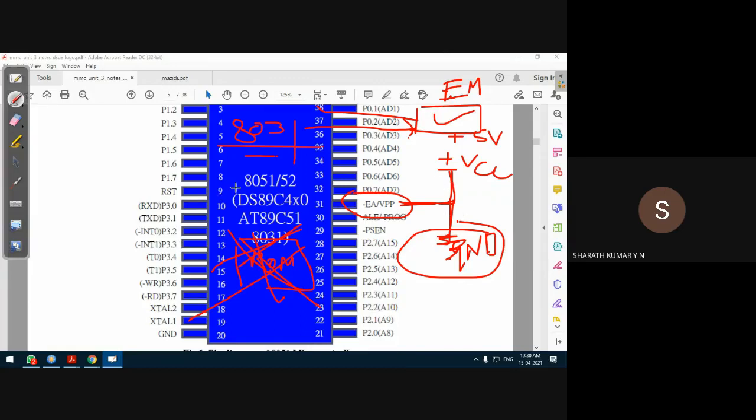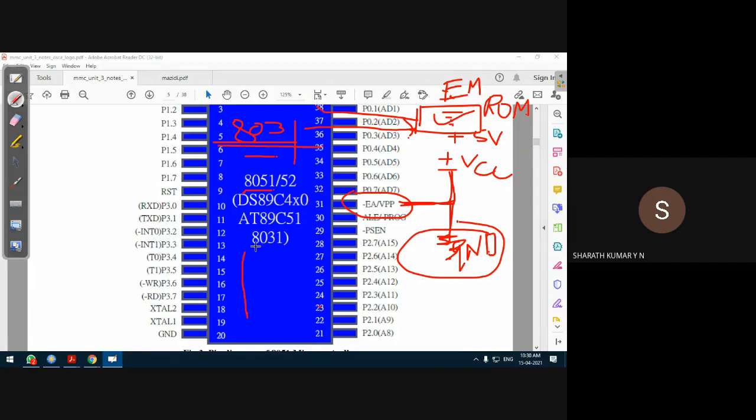This is useful in 8031, and not only 8031, in 8051 also, because even if 8051 is connected with external memory, which acts as a ROM memory, that is a read-only memory to store the instructions, it will access both the internal ROM space as well as the external ROM space. But for some locations, it will access.